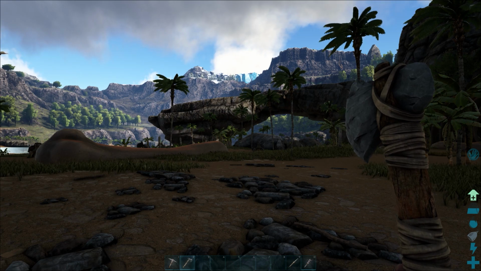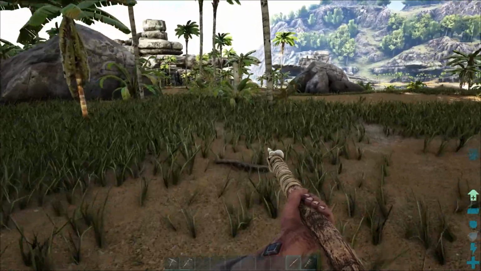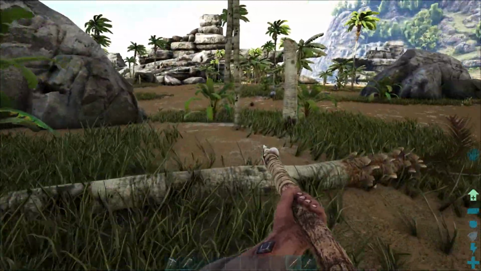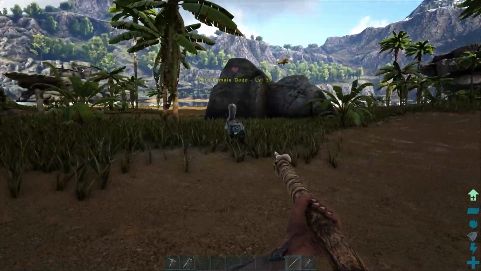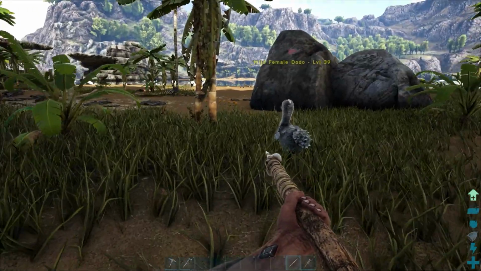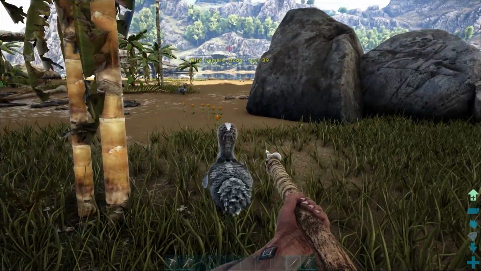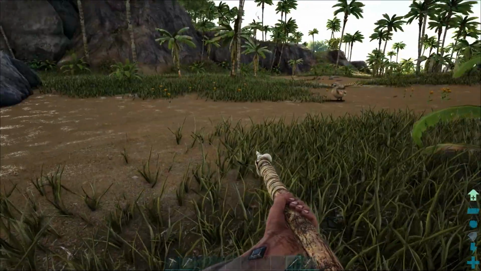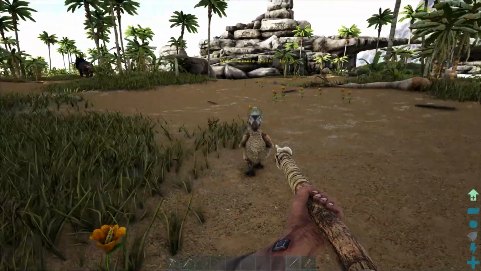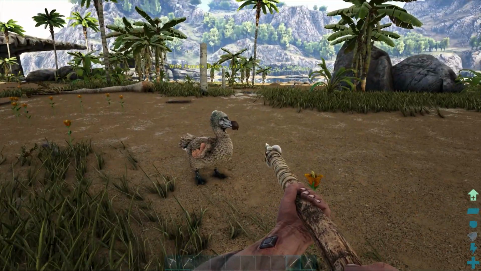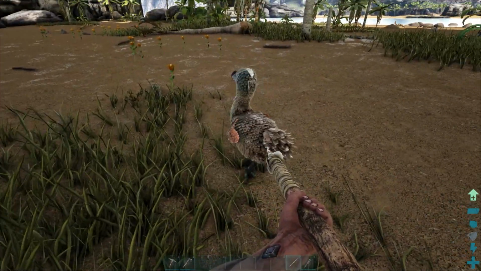So let's equip our spear. Just so you know, this entry-level spear that you craft is completely a piece of junk. They break very easily, but they're good for getting started. Now, if you walk up to a creature, you'll see what it is exactly. We've got a dodo, level 39. Just remember, you're level 2. A dodo doesn't fight back. They're a pretty tame creature, and really probably one of the best things for getting early food in the game. So let's just walk up to this guy